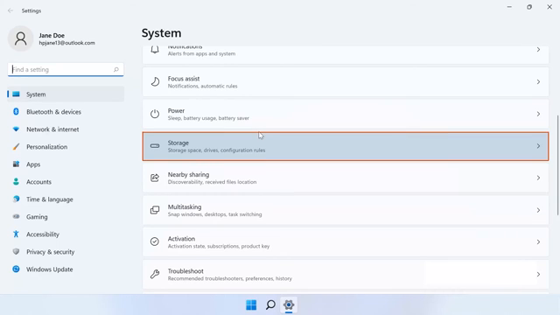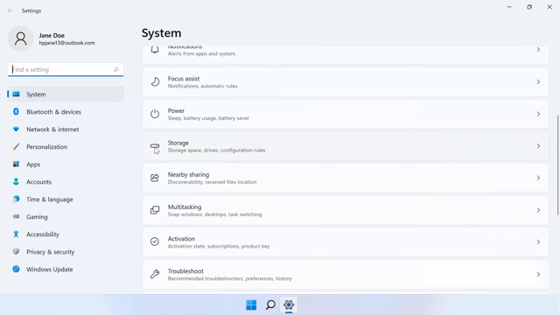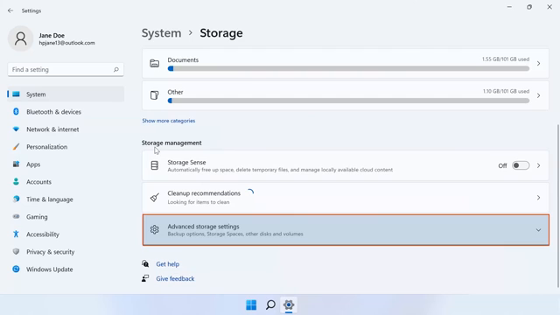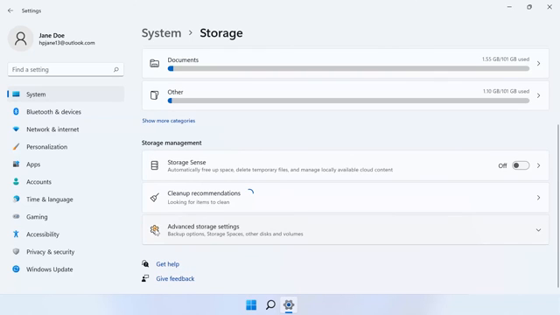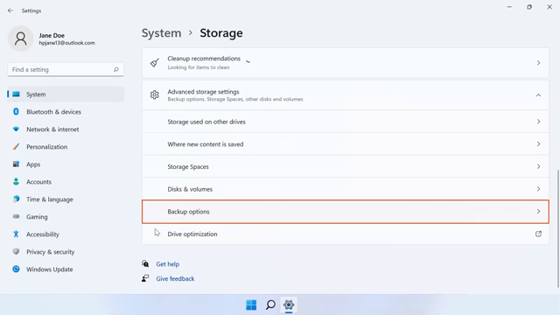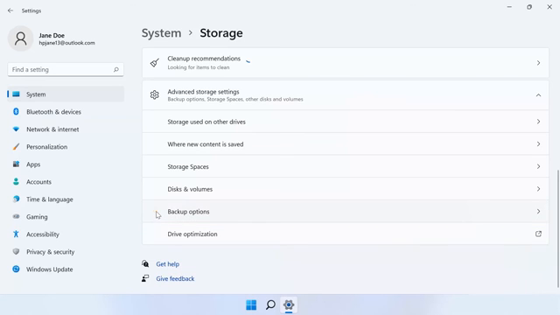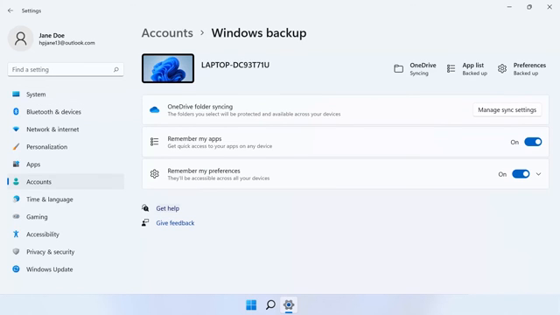In the System Settings page, select the Storage option. From the Storage Management section, select Advanced Storage Settings. In the Advanced Storage Settings section, select Backup options. The Windows Backup page in the Account setting displays and allows you to back up your files to the OneDrive